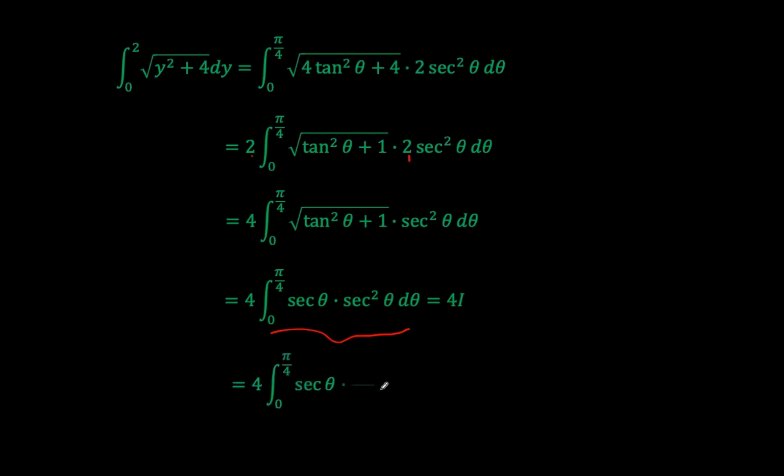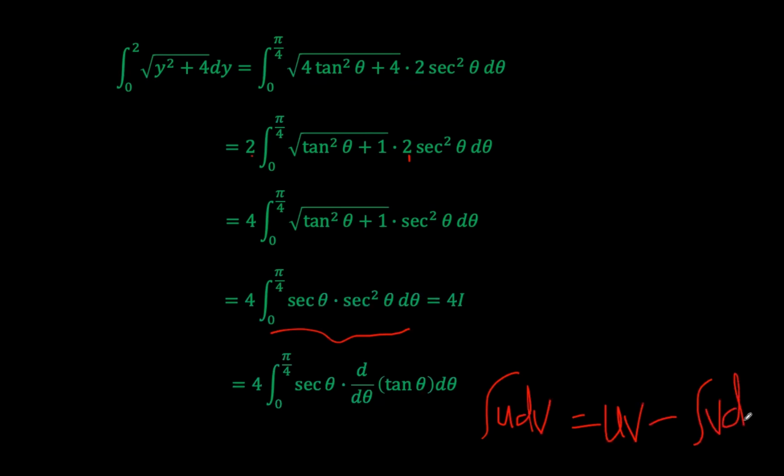So then we can go ahead and express sec squared theta as the derivative of tan theta, right? Then using integration by parts, where if we have the product of U and dV, when you integrate that, you have UV minus the integral of V dU, right? And so V here is tan theta, sec theta is U, so that UV here will be sec theta tan theta,